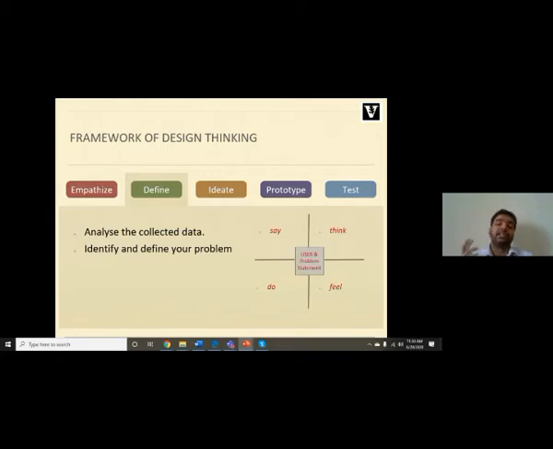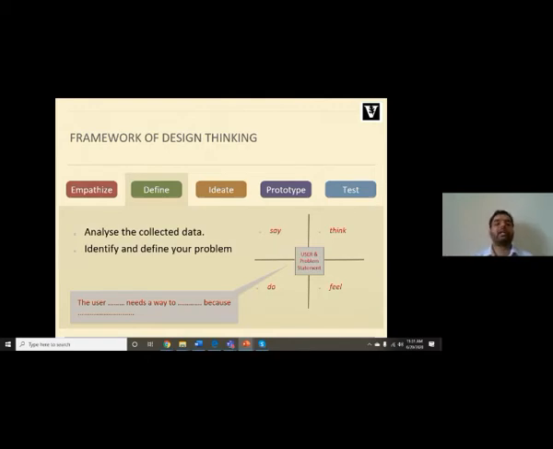So this was problem identification and defining. So, empathize and define phase. Once you have defined a problem, we move to the next step, ideate. Okay, so one example, coming back to the definition,